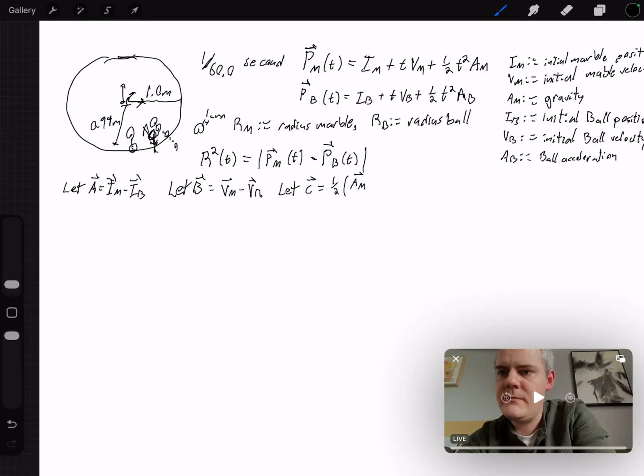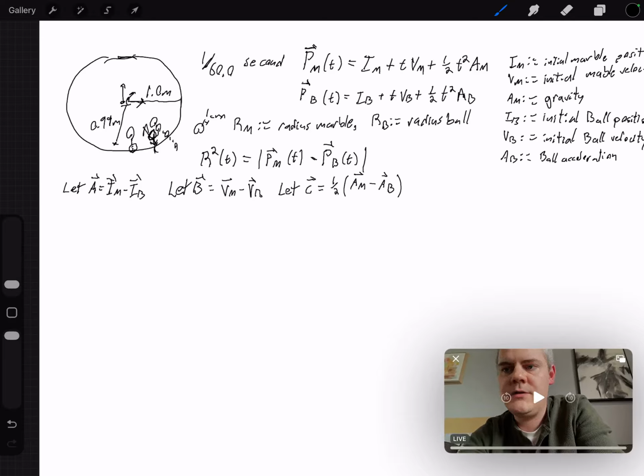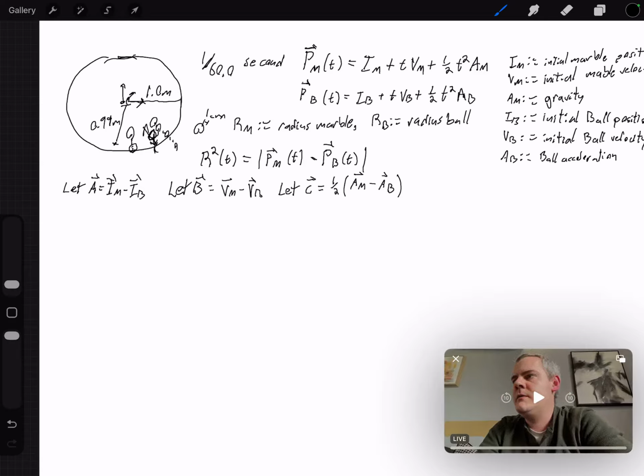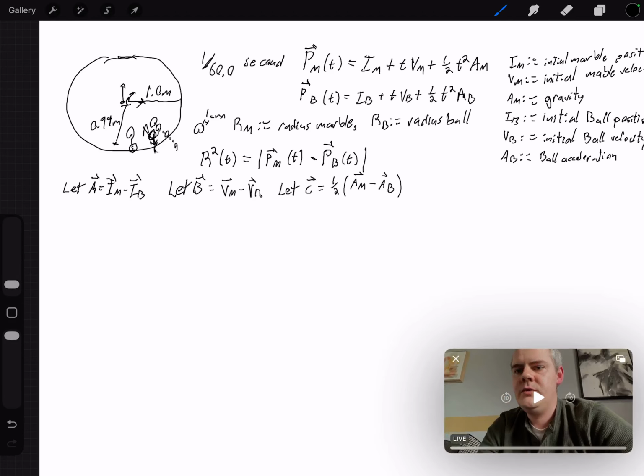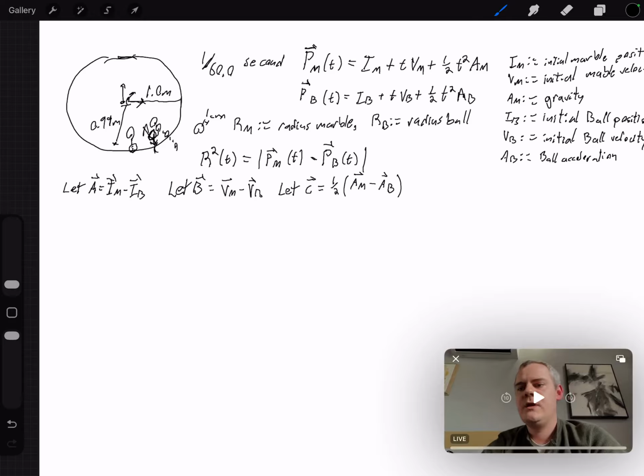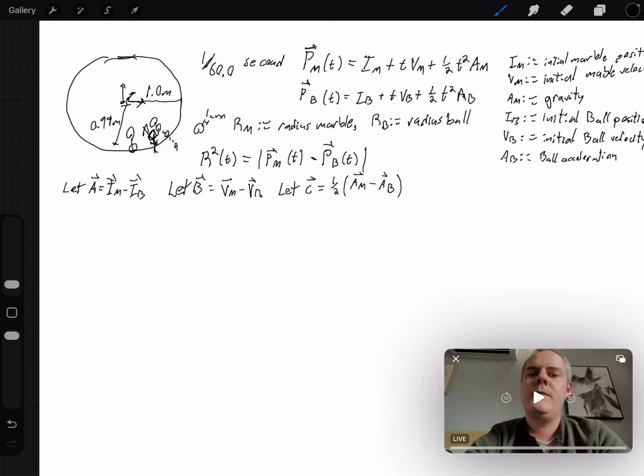So it's nice here that the marble's under acceleration and the ball is under acceleration, but pretty early on in the method, they can just be subtracted. So it's nice that this doesn't become like a sixth order polynomial or something just because the sphere is going to be a second order polynomial, and the acceleration is a second order polynomial. So we're going to be ending up with a sixth or fourth order polynomial here. But it is nice that the positions and velocities and acceleration of the marble and the ball are just a relative thing. So what we're left with is